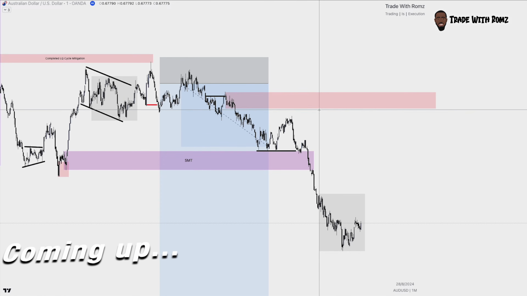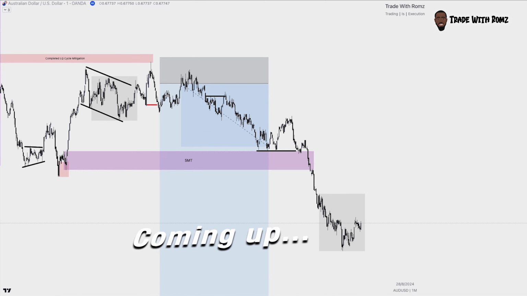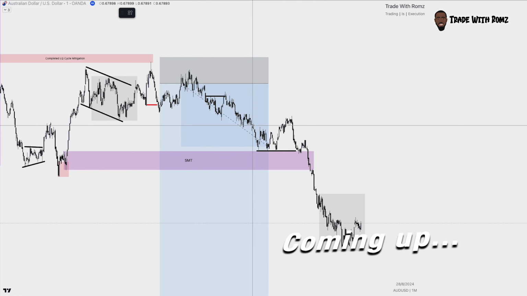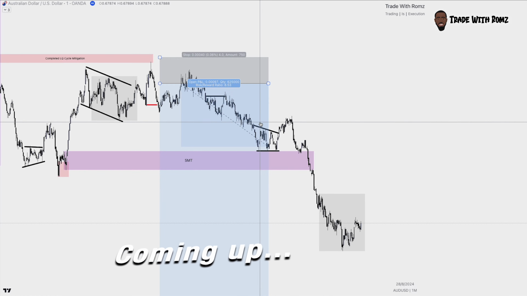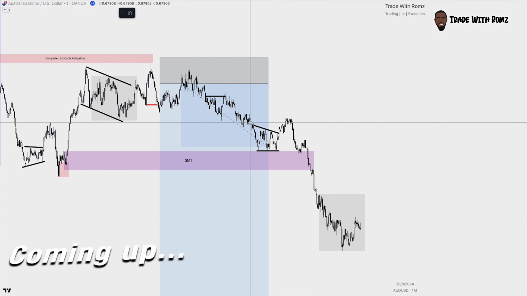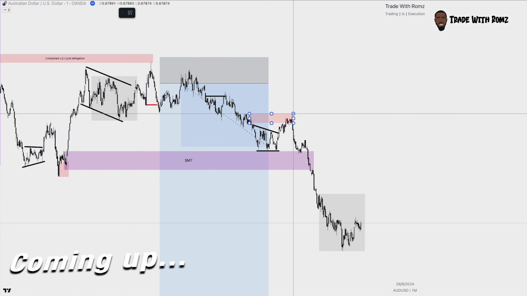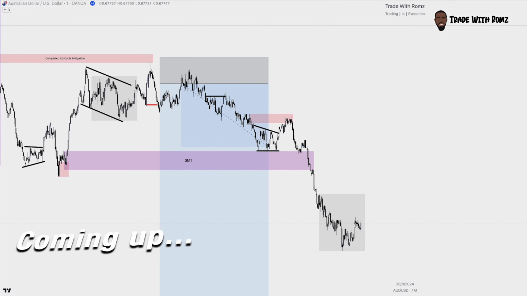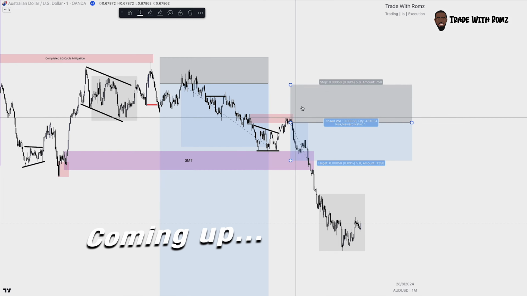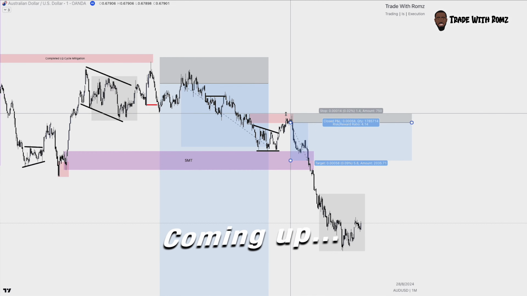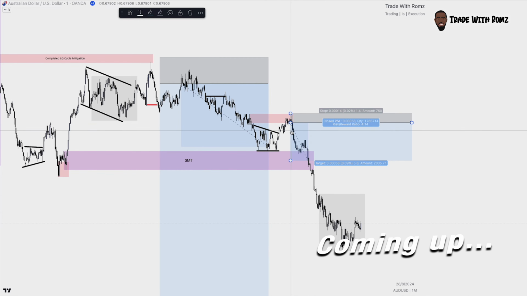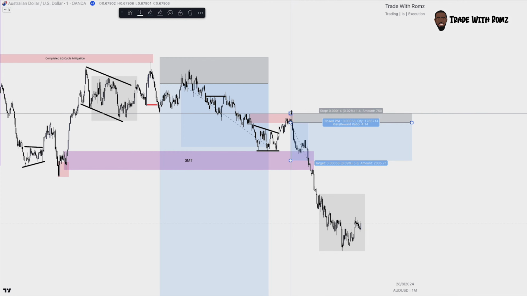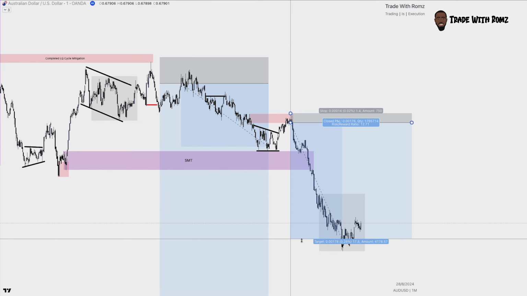What actually happened was I saw this as the liquidity. I did see this as the equal lows, and I saw this as the POI. That's what I saw. And I took a risk, set a limit here because it made sense in regards to the cycle. Set a limit and price tapped in. And as you can see, price moved away.